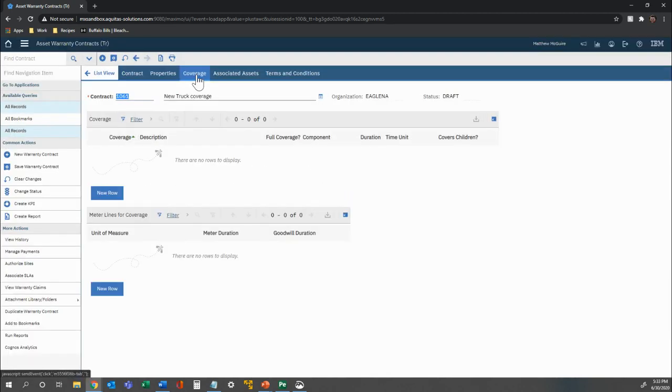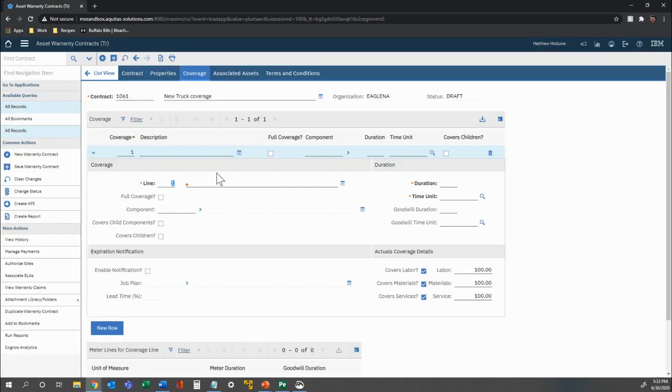Next, we'll move to the Coverage tab. Here, we can add coverage lines and meter lines for those coverage lines below. Let's go ahead and select New Row. We'll go ahead and add a description. So this is going to be bumper to bumper coverage. We'll select full coverage, a duration of 3 years,